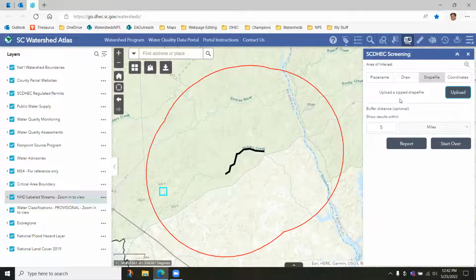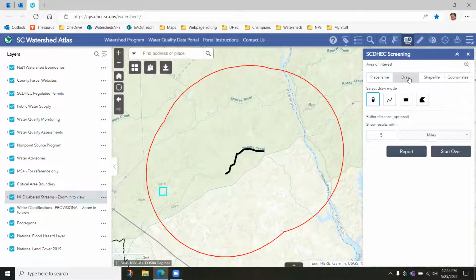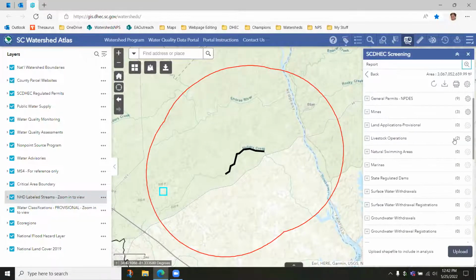For those of you who are a little more familiar with GIS, Geographic Information Systems, if you have something that has a zipped shapefile, which shows all the different data and points of a particular piece of information, you can upload that and put it in here, and it will run a report for that as well. But coming back over to the draw, we had done this report, and